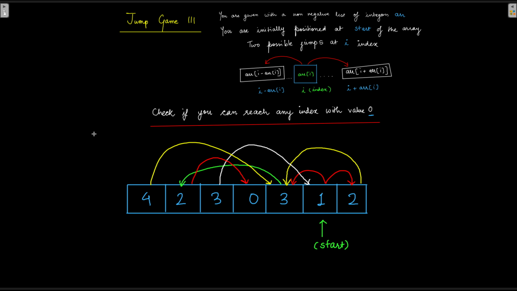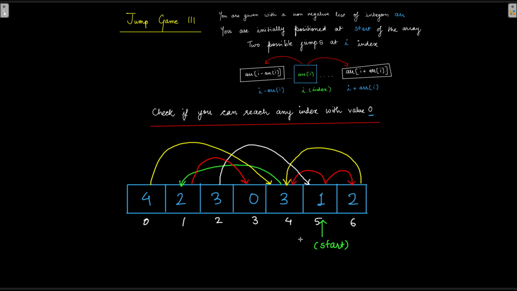Let's take an example. This is the array that we are given. It contains integers 4, 2, 3, 0, 3, 1, 2. And we have to figure out how to solve this. First of all, let us mark these indices: 0, 1, 2, 3, 4, 5, 6.